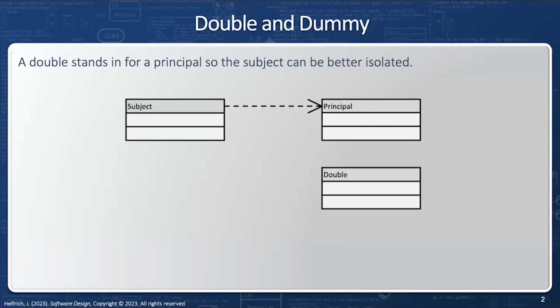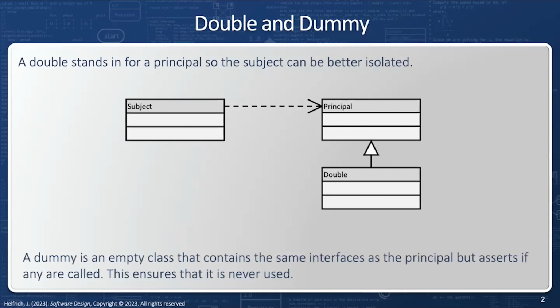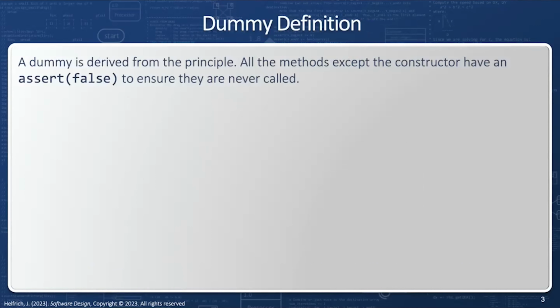Now, what the double does is it stands in for the principal, and it does this by deriving off the principal. Now, one special type of double is called a dummy. And a dummy is a double that has the same interfaces as the principal, but asserts if any are called. So that double is replaced with a dummy. So a dummy is derived from the principal, and all methods except the constructor have an assert false to ensure